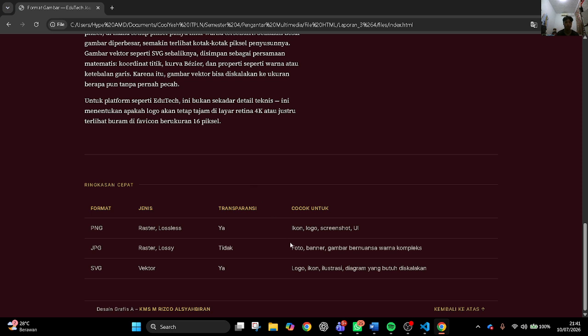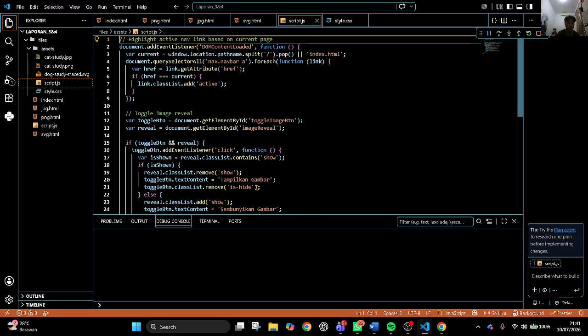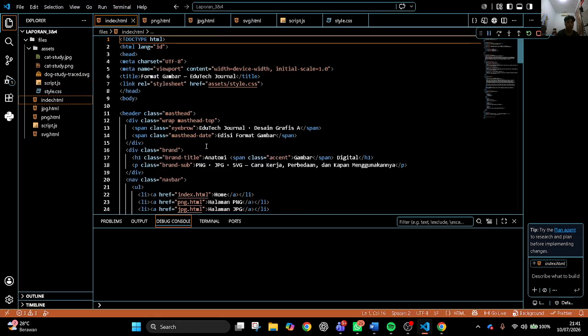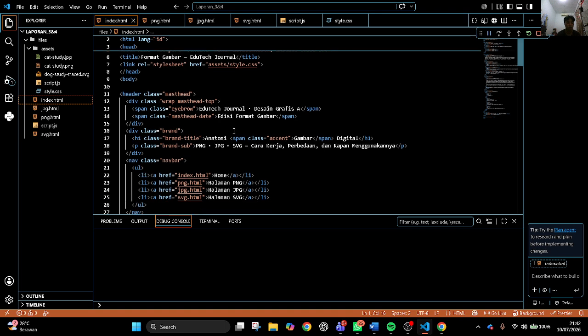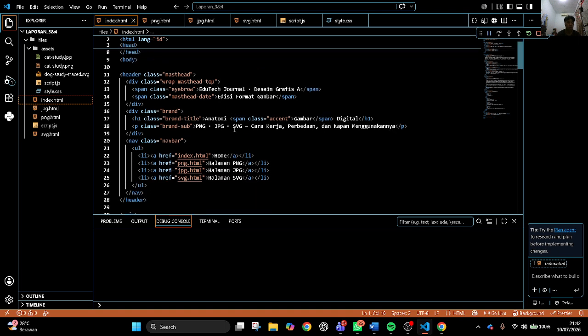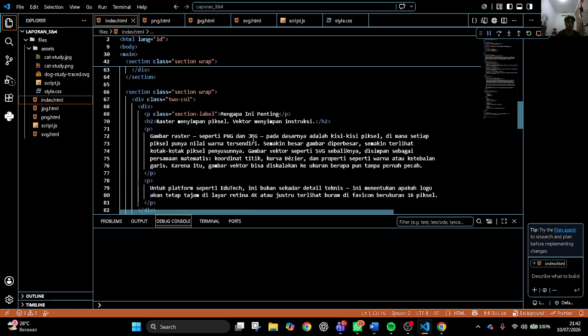Now, let's look at the code, starting with the HTML structure. Each page like home, PNG, JPG, and SVG shares the same layout: a master header with a site title, a navigation bar with four links, a main content section, and a footer with a watermark containing my name and student ID number.